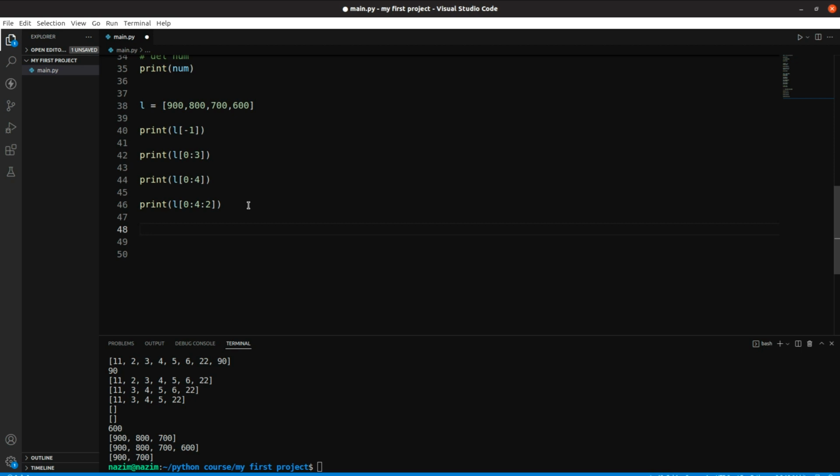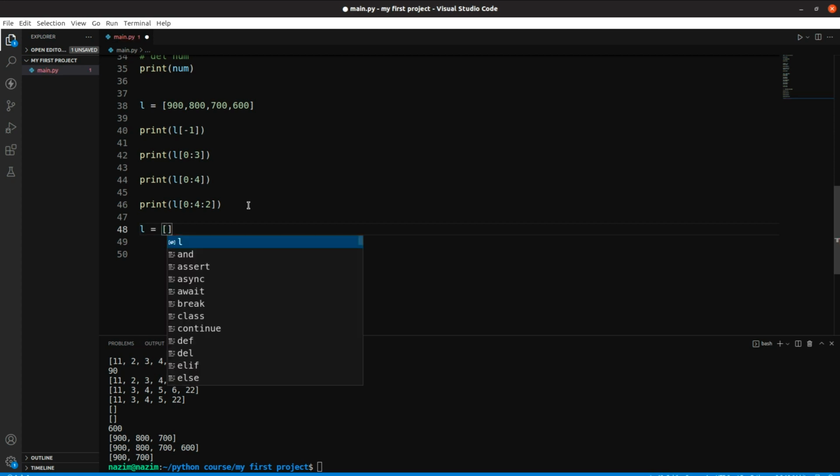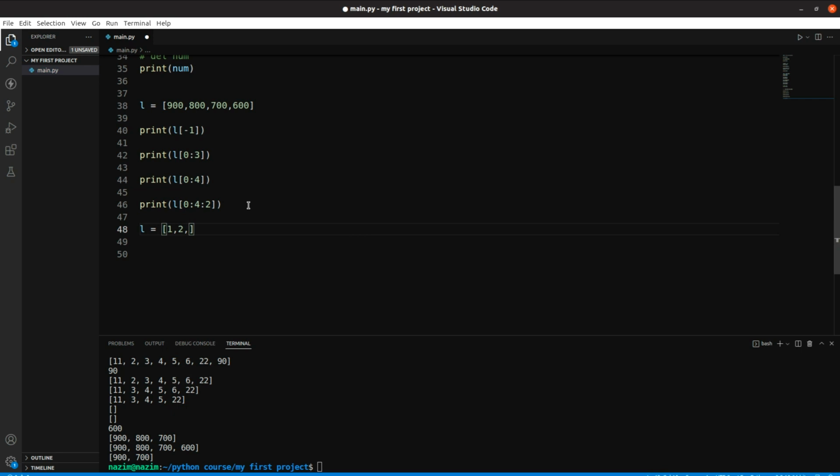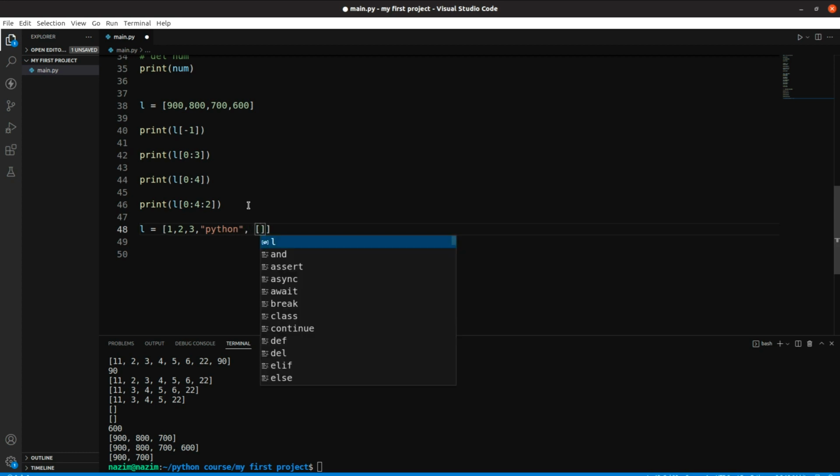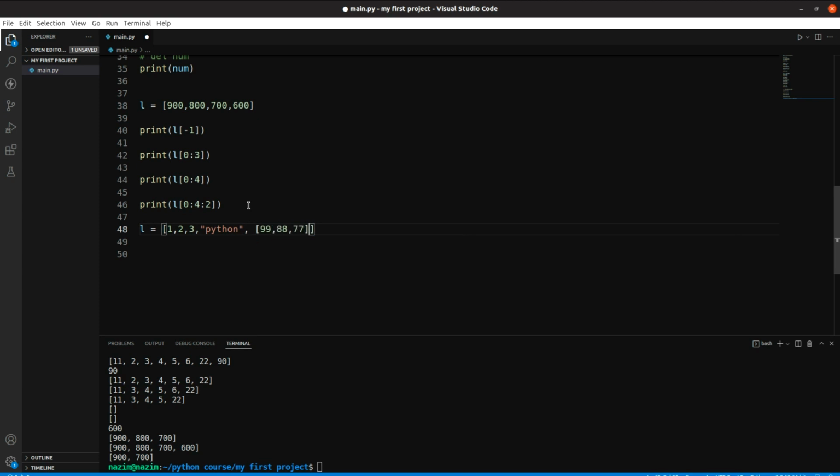Now in lists we can use heterogeneous data types, which means we can add anything to the list regardless of its data type. Let's initialize a list with values 1, 2, 3, then add a string to it, for example Python. Now add a list inside the list, let's say a list with values 99, 88 and 77,